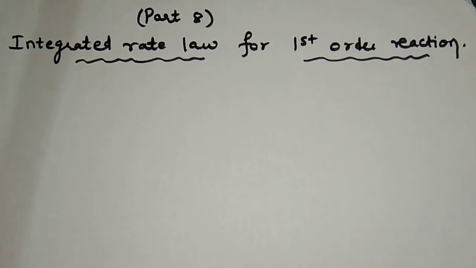Remember, this integrated rate law will give us the information about how the rate of the reaction depends upon the concentration of the reactants in terms of derivatives and how the concentration of the reactants and products vary as the time passes. Okay, now let us derive this integrated rate law for the first order reaction. Students, the knowledge of integration and derivatives from mathematics is essential for this derivation. Consider a simple first order reaction.